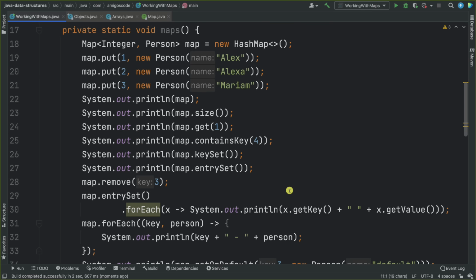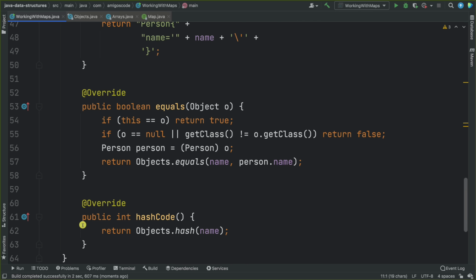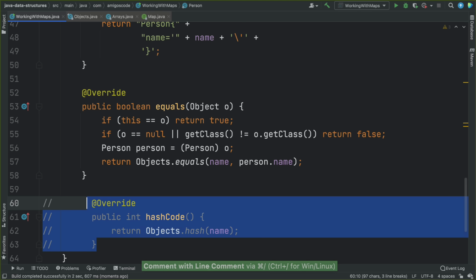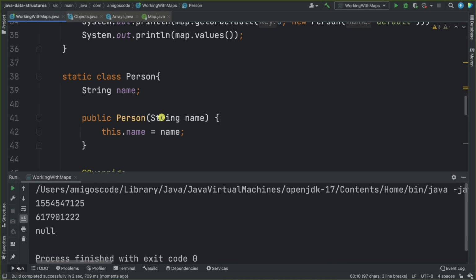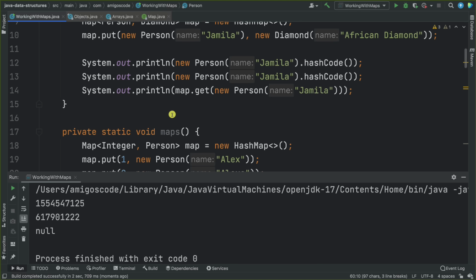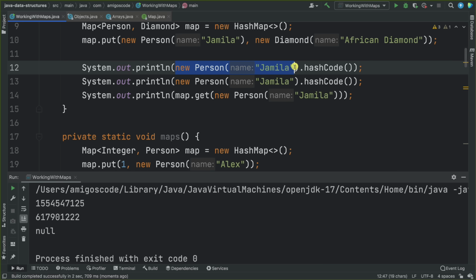So for a second, let me just remove this and then run it again, and you'll see that this will break. And have a look at the hash code. So now, even though they are two exact same objects, right? New Jamila and new Jamila. These are identical, but because we didn't override the hash code, what it's doing is, so again,